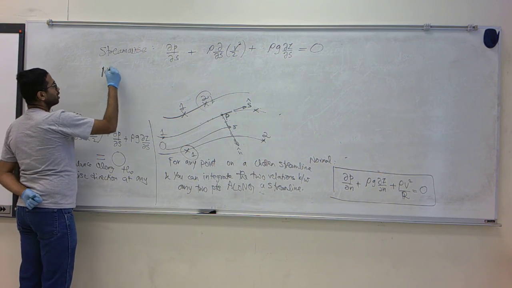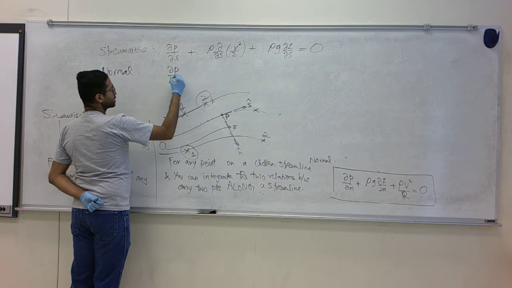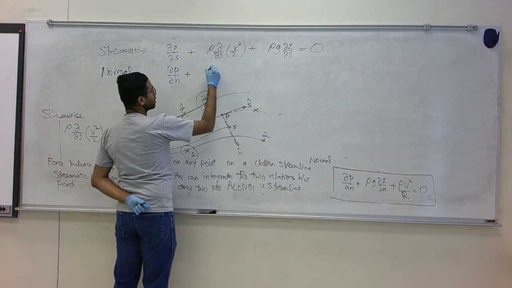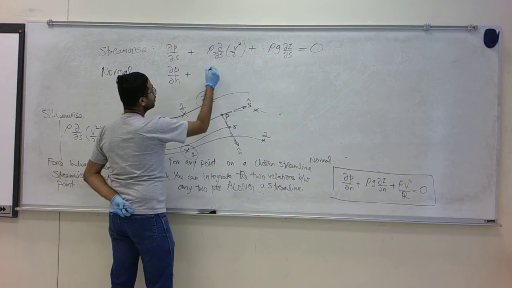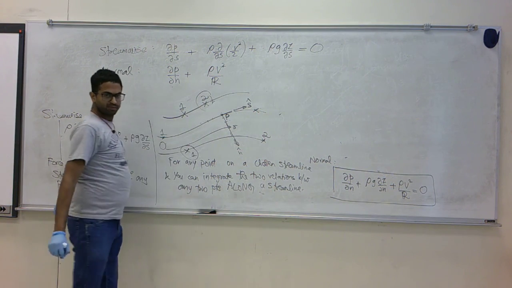For the normal component, we have partial P over partial N plus rho V squared over the radius of curvature, okay,